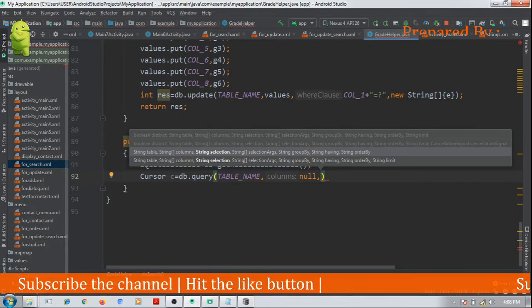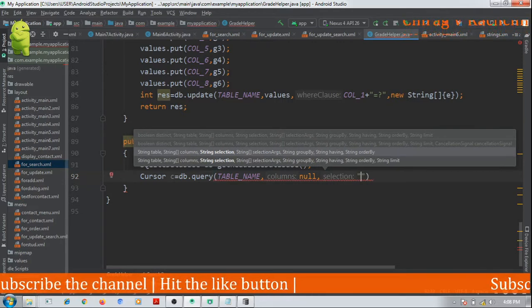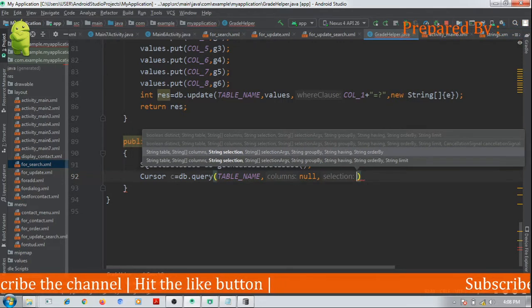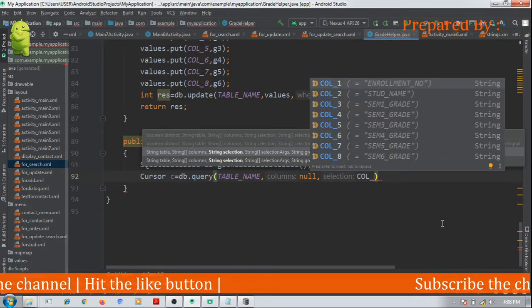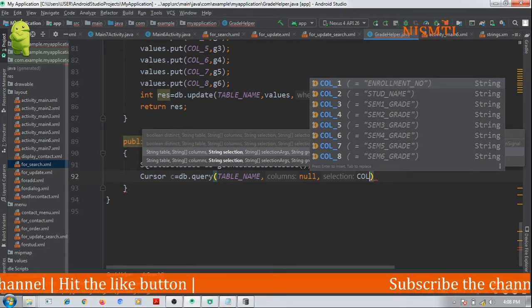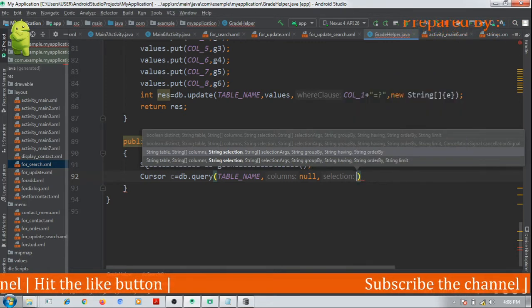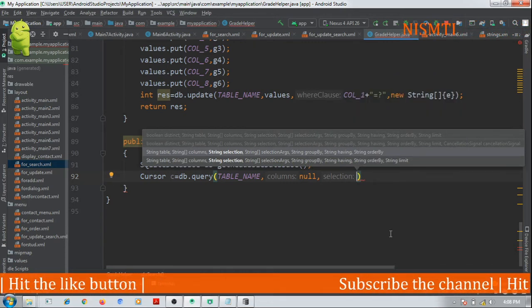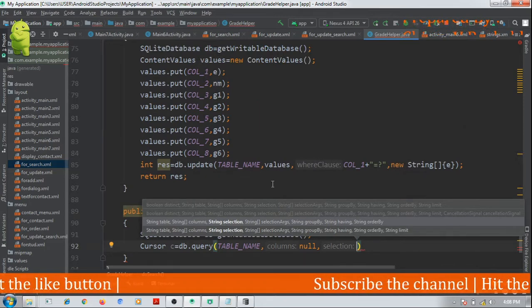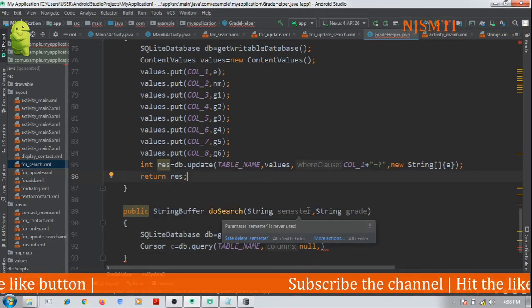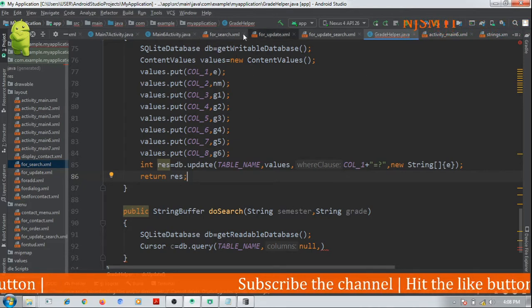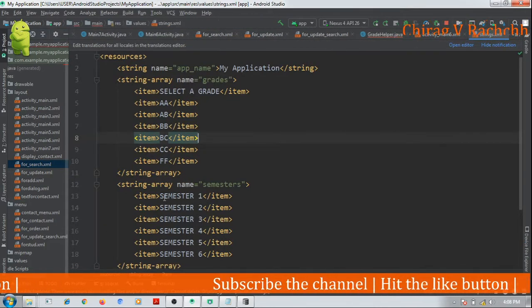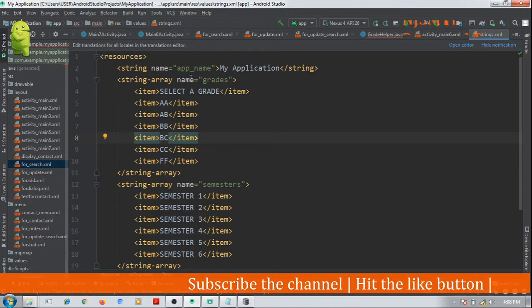Now the third argument is selection, where selection column. Which column? It is also important. If the semester is semester 6, the semesters are semester 1, 2, 3, 4, 5, 6, like this.